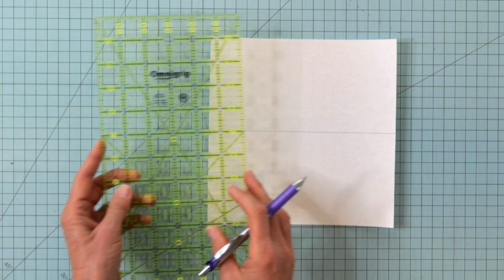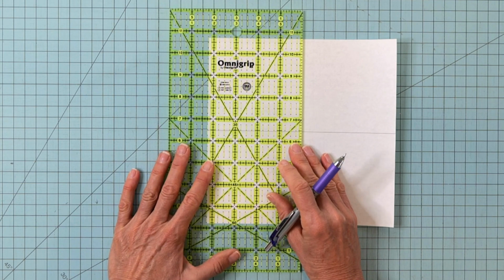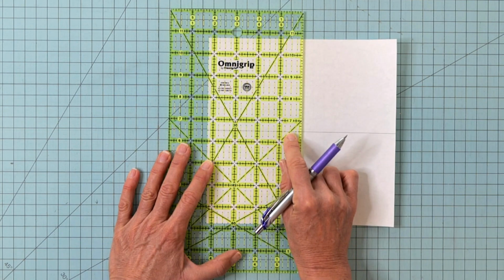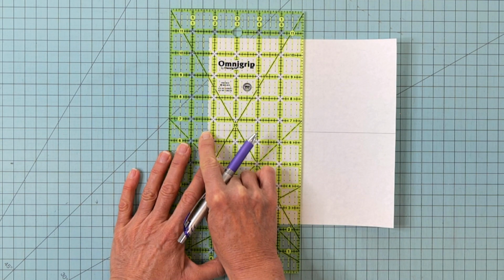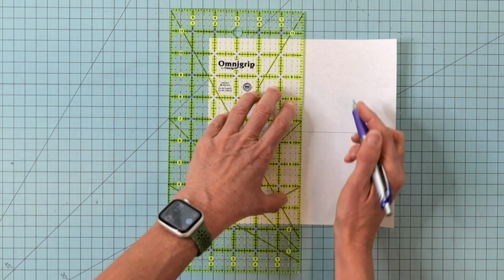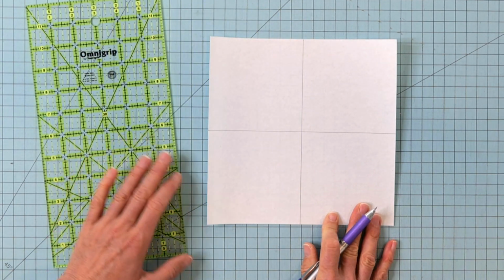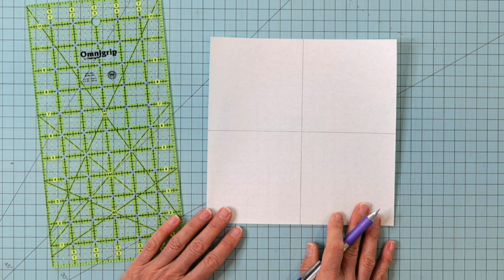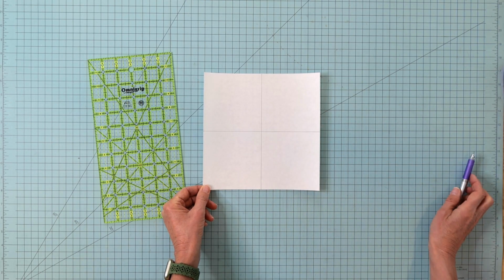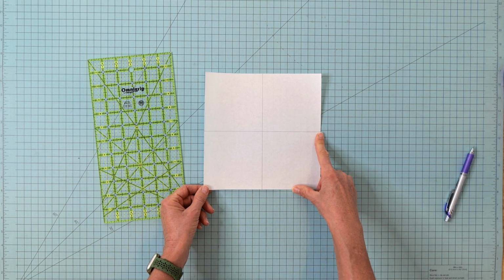Then we're going to rotate 90 degrees and we are going to use the line that we've already drawn as the baseline for drawing the next line to make sure we get it at 90 degrees. So I'm going to measure 4 1/4 inches in from the edge here, but I'm using this line that we've drawn to make sure that I am fully perpendicular. Very much like how you would cut fabric into squares and rectangles. You're going to make your first cut and then your next cut is going to be based off the first cut. So there is the intersection,